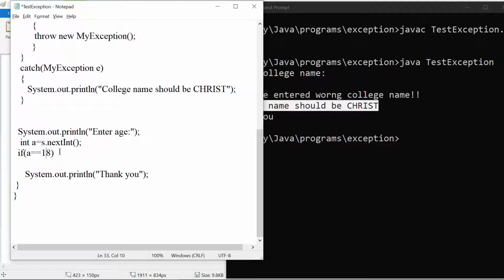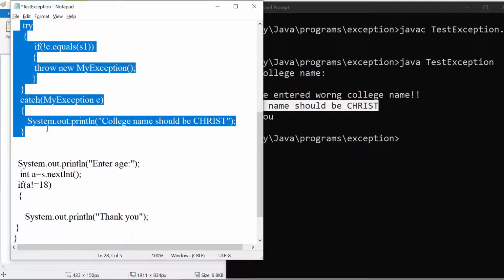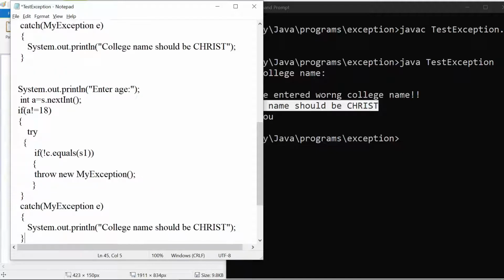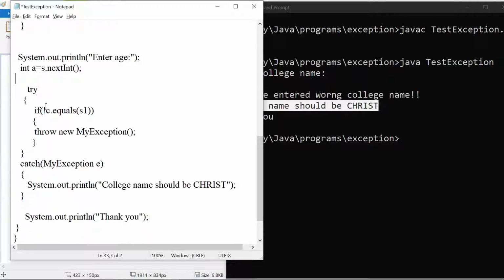If it is not equal to 18, that means if the entered age is not equal to 18, then again you want to raise the exception. You can use the same thing. I am writing if age is not equal to 18, and again I am writing one try block. In that try block, I am again throwing an exception.